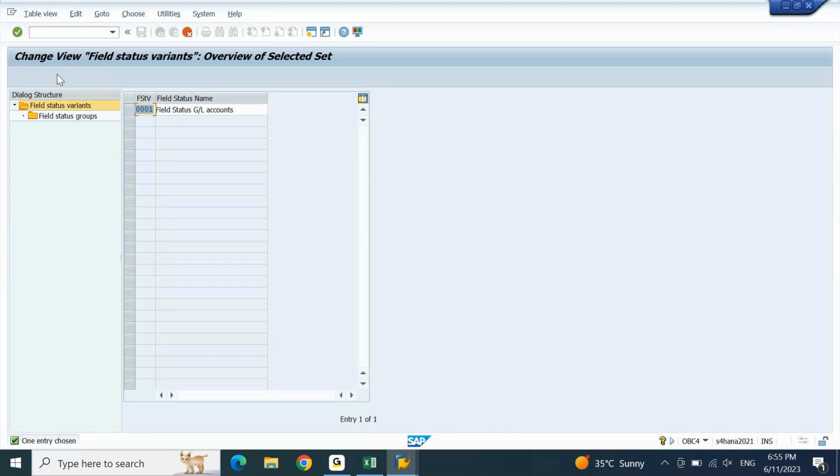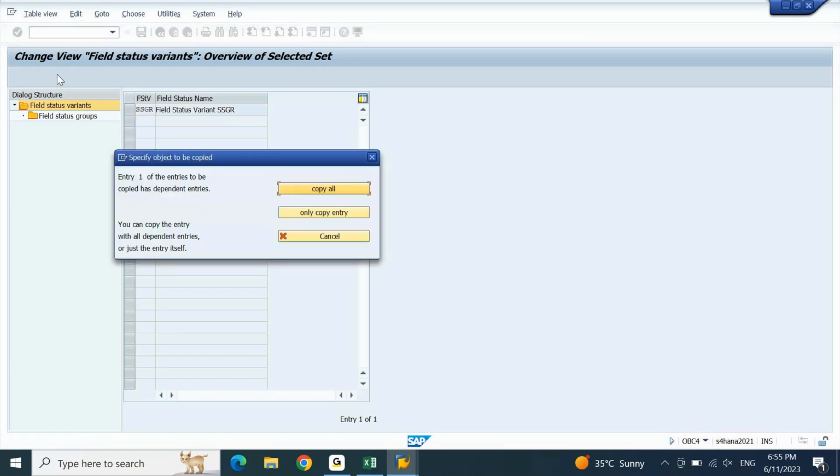Here I am going to put SSGR, Samsung Group. Let me put field status variant for SSGR, Samsung Group. The moment you click on enter, you get a pop-up screen which is asking you to select one